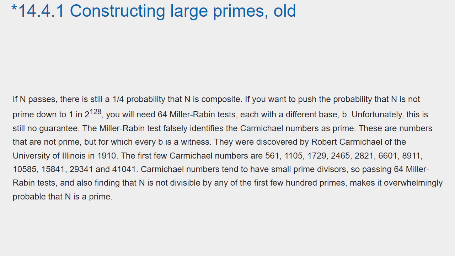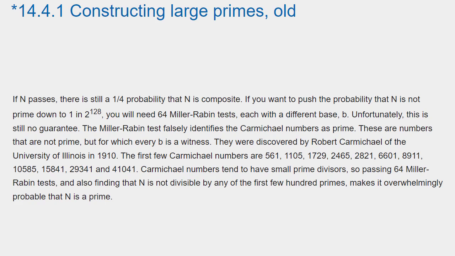The first few Carmichael numbers are 561, 1105, 1729, 2465, 2821, 6601, 8911, 10,585, 15,841, 29,341, and 41,041. Carmichael numbers tend to have small prime divisors, so passing 64 Miller-Rabin tests and also finding that n is